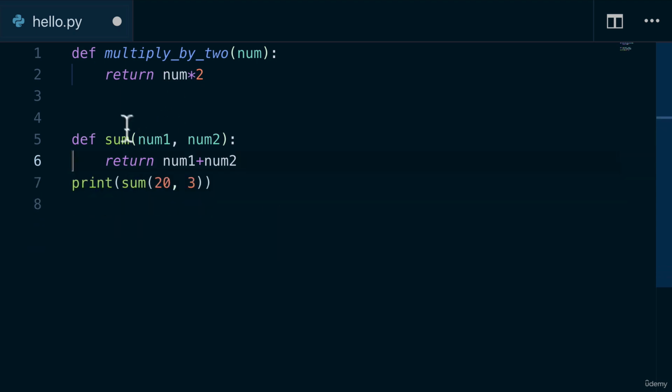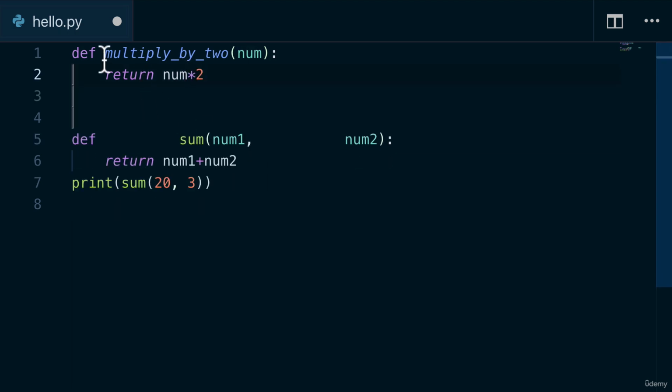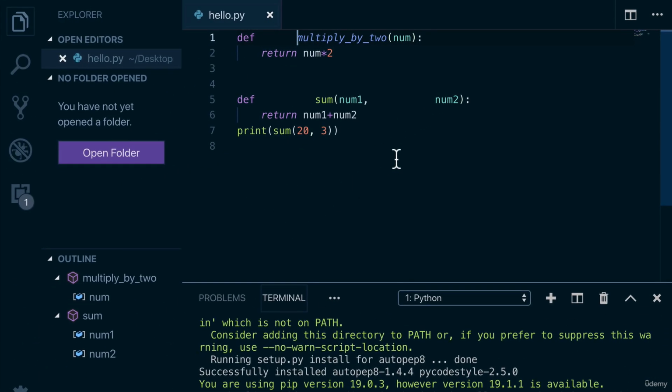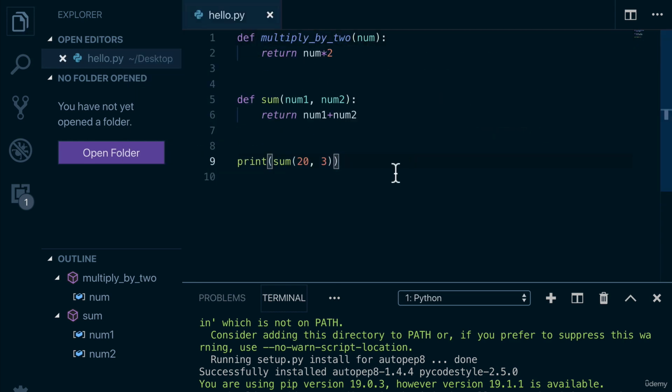As soon as I change something, let's add some spaces here, like that, make our code formatted really strange. I click Save, and let's once again, Command-Shift-P, Format Document. Now let's save this, and here, PEP8 formatting style was added.